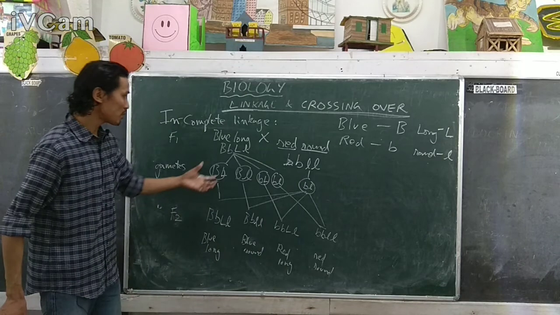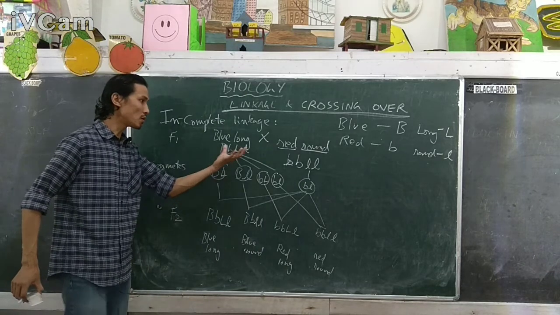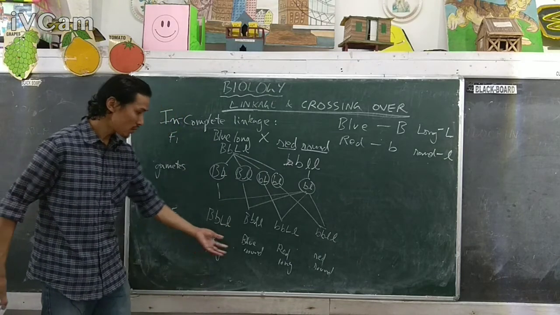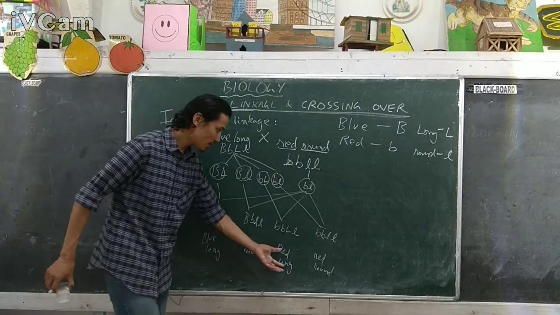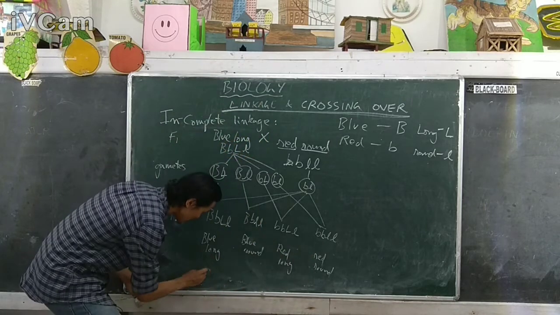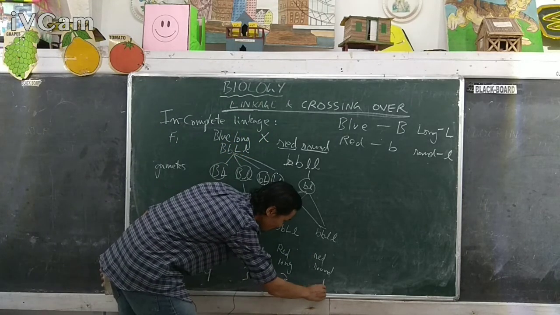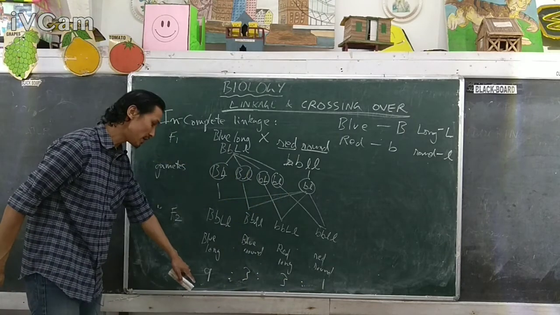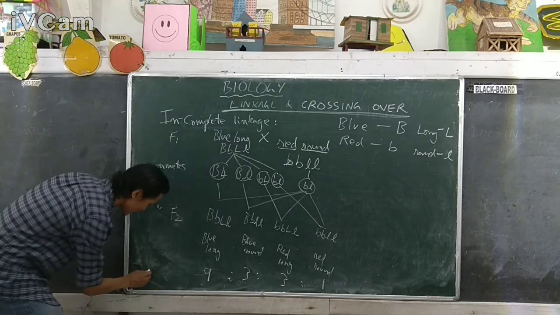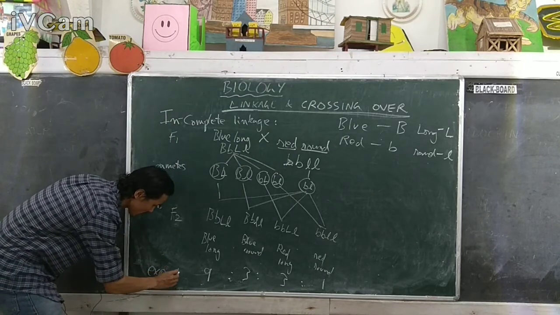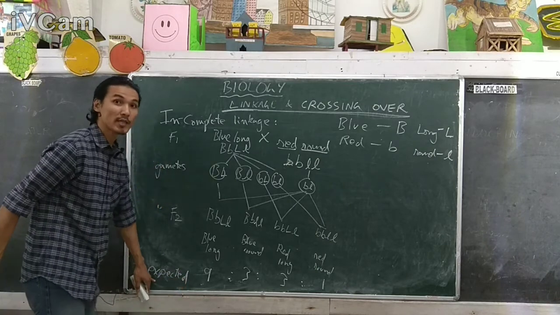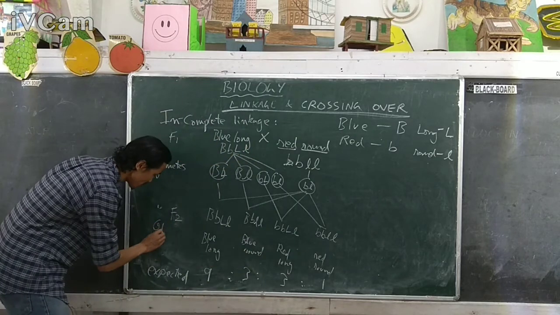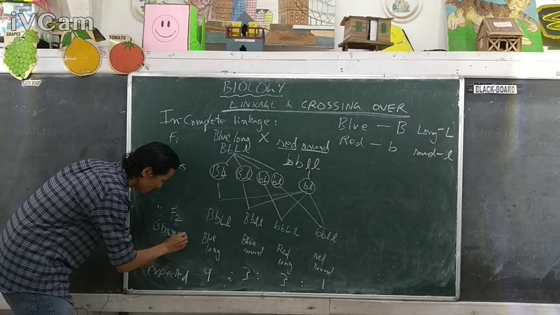So when I'm crossing a hybrid blue long with red round, I'm supposed to get blue long, blue round, red long, and red round in the 9:3:3:1 ratio if I'm following the law of independent assortment. This is the expected ratio that I'm supposed to get, but in reality, what I get is the observed ratio